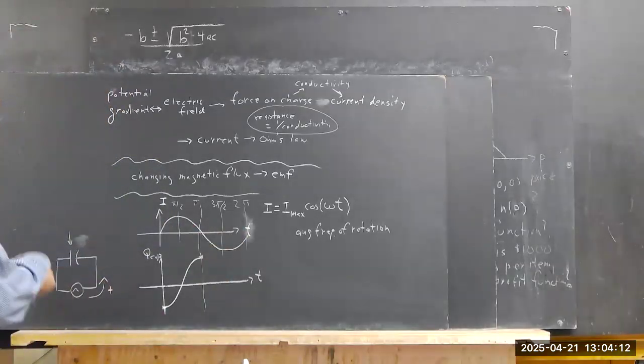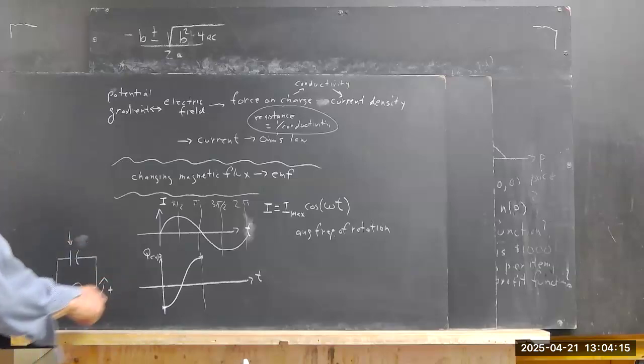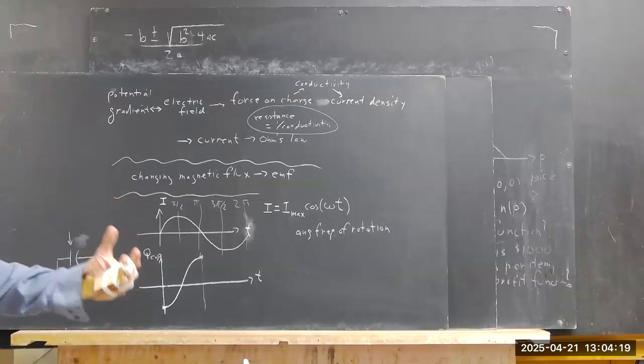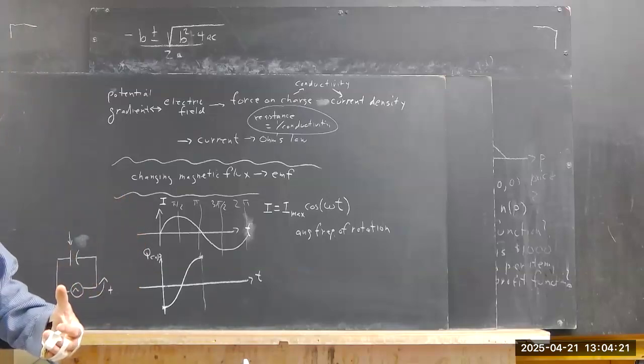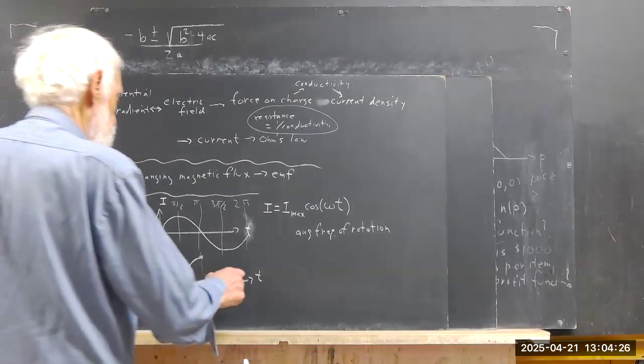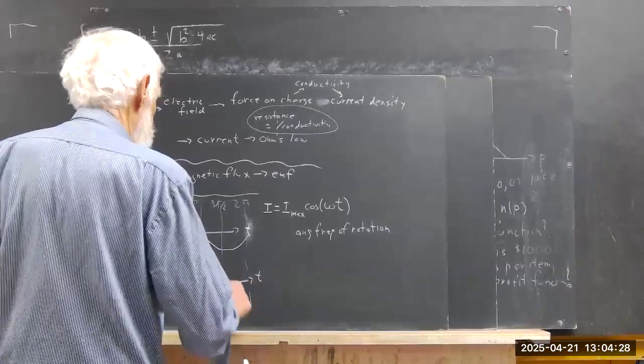Your current's going to reverse. It's going to go in a negative direction, which is going to start pulling charge off the capacitor. Okay, of pushing opposite charge onto the capacitor. So from here to here,